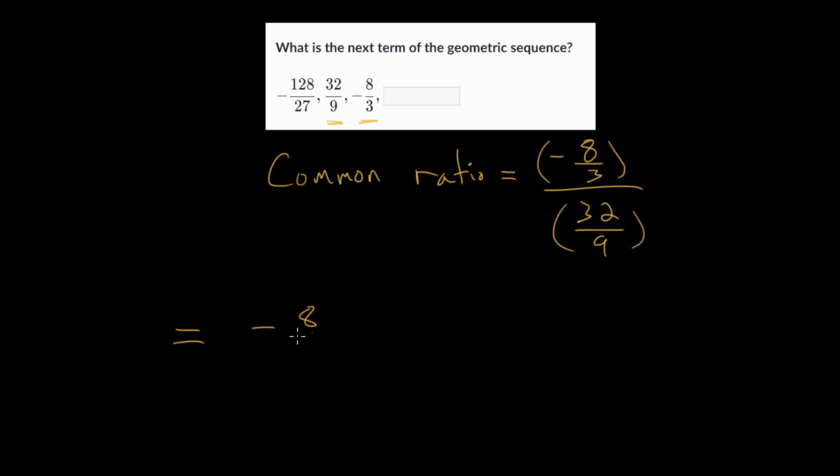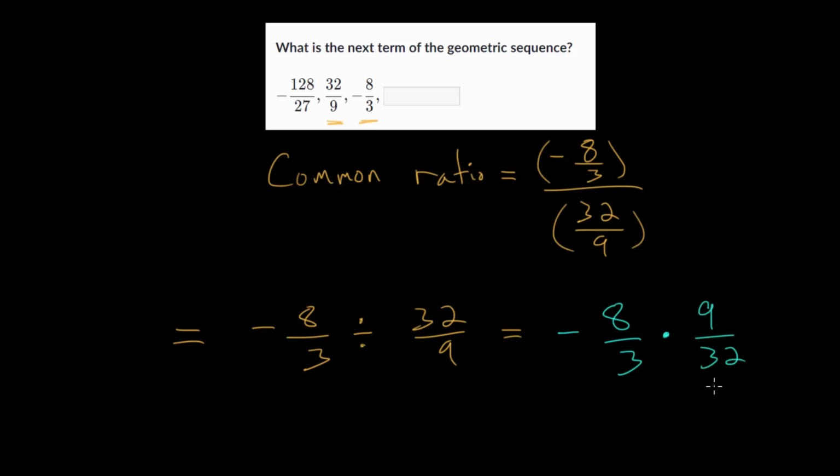So it might be helpful to remind yourself how to divide fractions. And instead of using the fraction bar, I'm going to use the division symbol. So we're dividing by 32 over 9. And remember with dividing fractions that division by a fraction is the same thing as multiplying by the reciprocal of whatever you're dividing by. So we can change this into -8/3 multiplied by this fraction flipped over, the fraction's reciprocal,